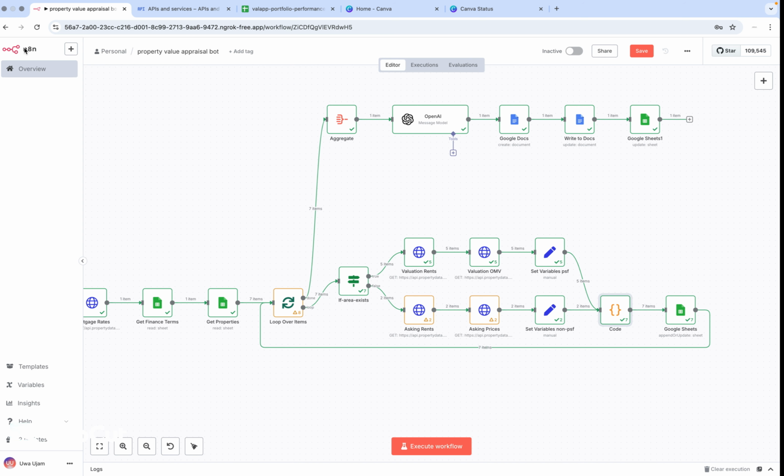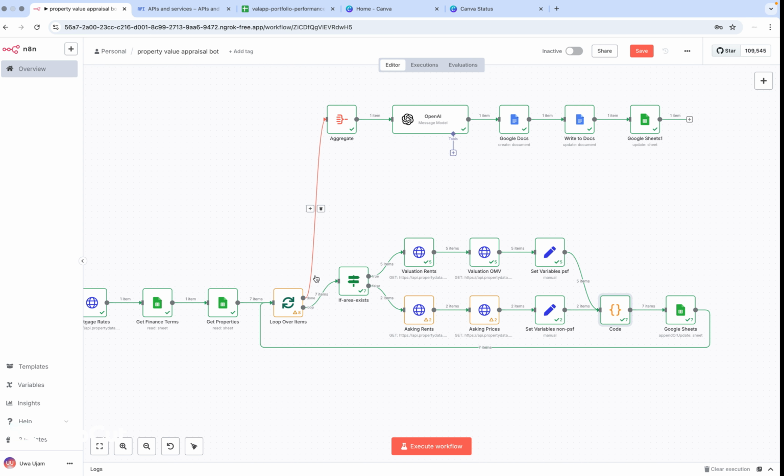So as property investors, these are figures that need to be in your head. But right here is the valuation step that you need to run in order to know how much you can extract from your property, one, and secondly, how much the lender is possibly going to give to you. So if the lender is only going to give you 500k, then you know that's what you have to work with. So once that's done, this loop over items loops over everything, every record and every row in the Google Sheet, and once it's done, it then passes the run up to this done